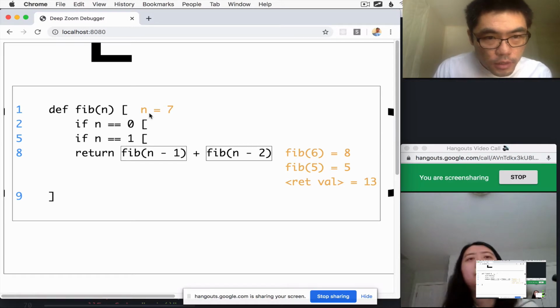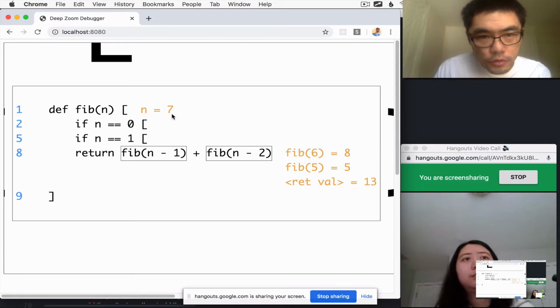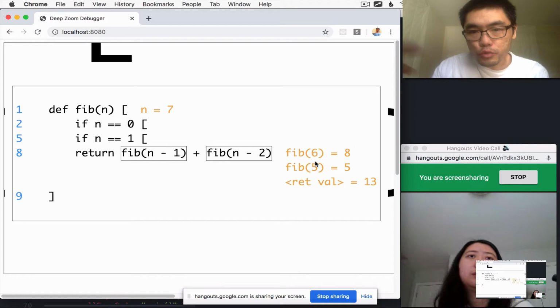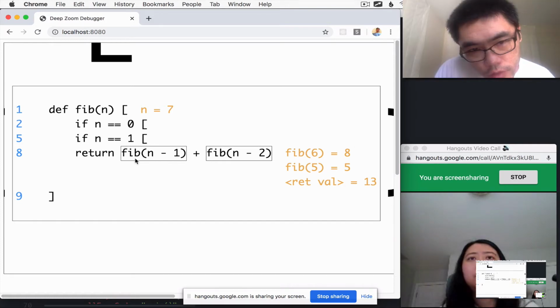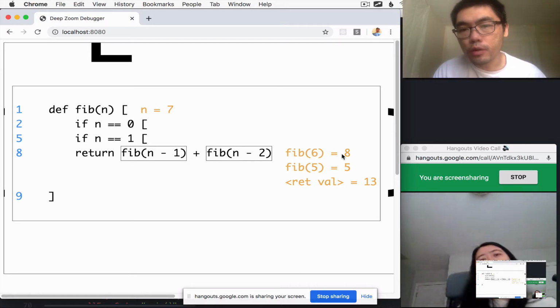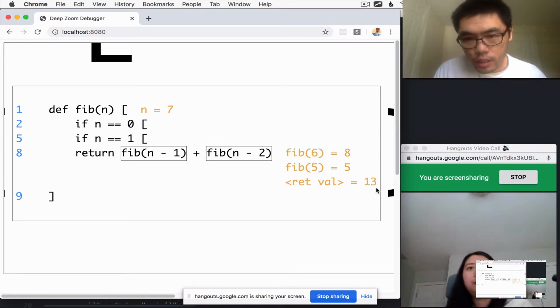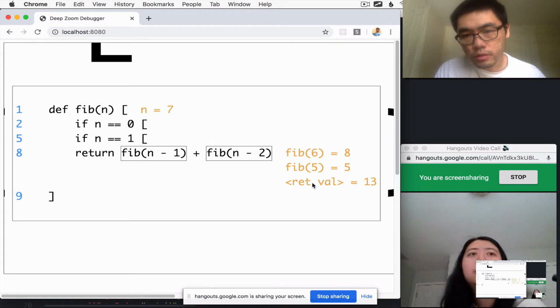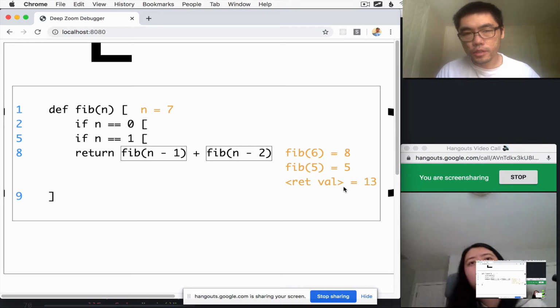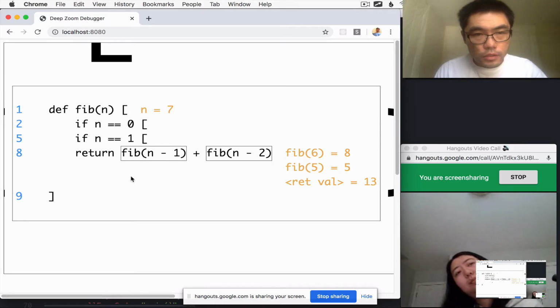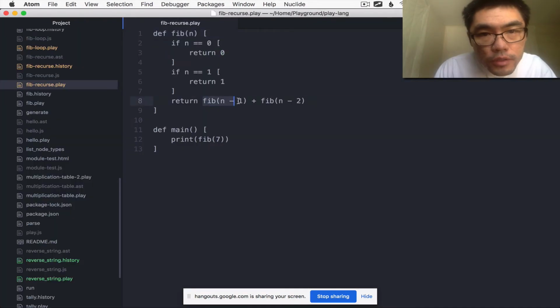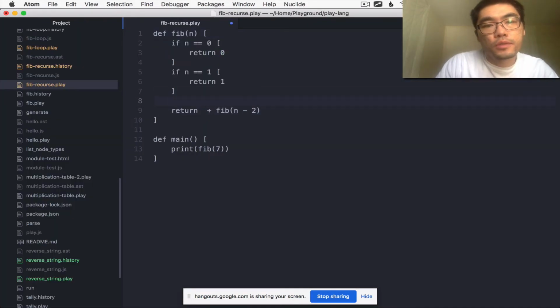It'll show you the values in the relevant places, what the values were at those points in time. If there's a function call, it will show you both the input and the output of the function call. If there's a return statement, it'll show you the return value. If there's an assignment, which there isn't right now, but I could make one, if I wanted to extract this as a variable,